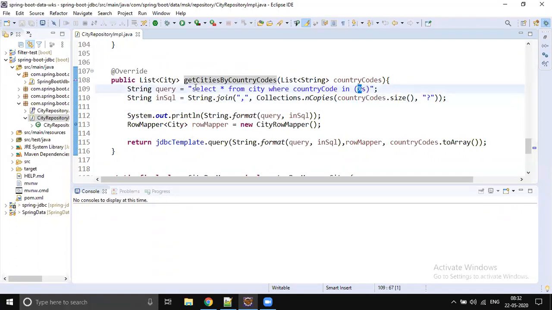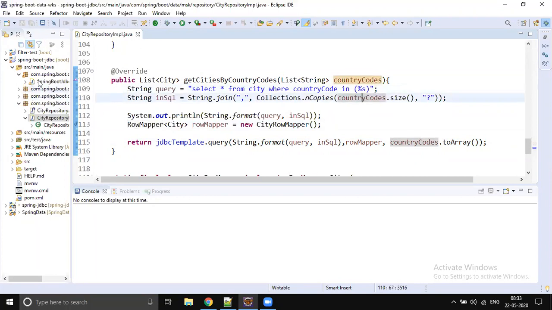So the query itself is prepared dynamically, and we pass that query here along with the data. But that is not our target. Our target is that a single placeholder should work for all. Somehow with JdbcTemplate, we are not able to do that.